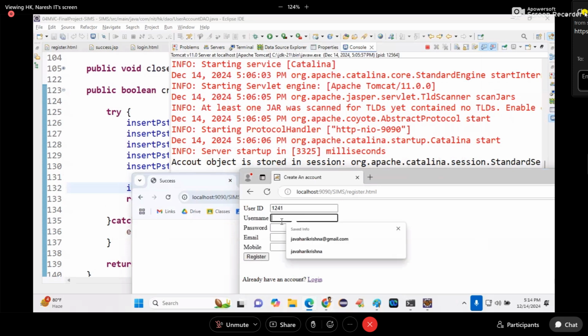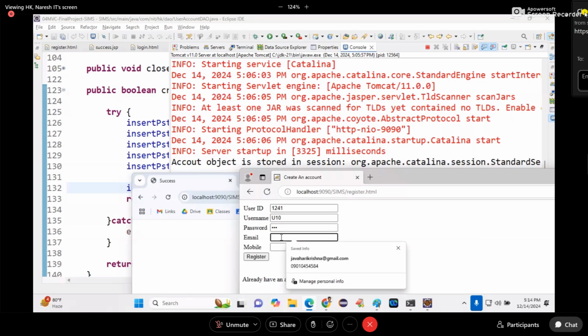Then username user 10, password user 10 only, and next email user10@gmail.com. Okay, mobile is 123410, whatever. Click on register. Tell me, when I click on register for this browser,